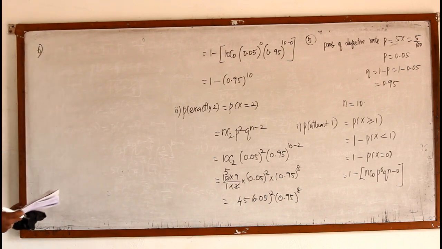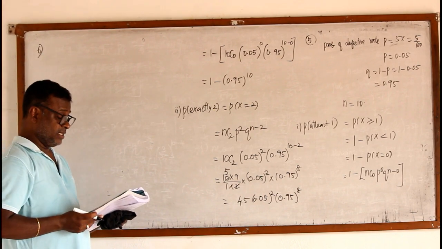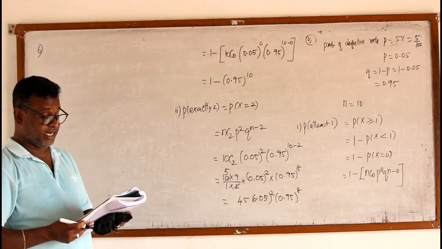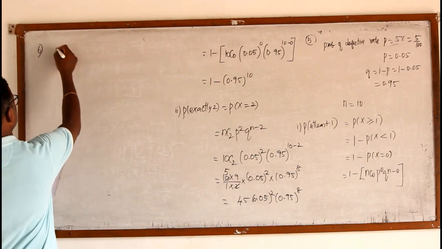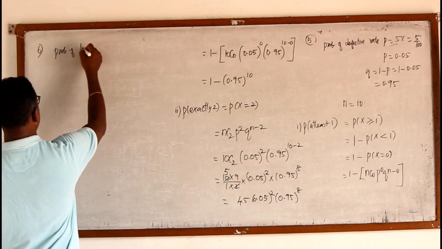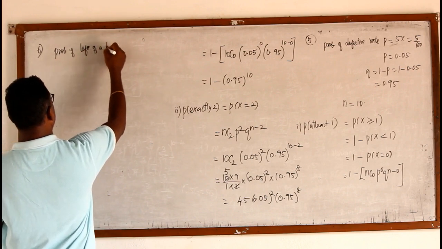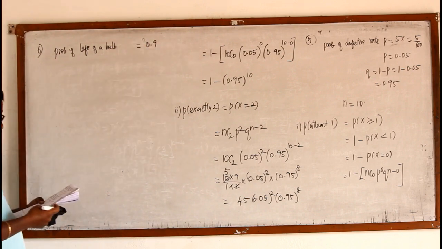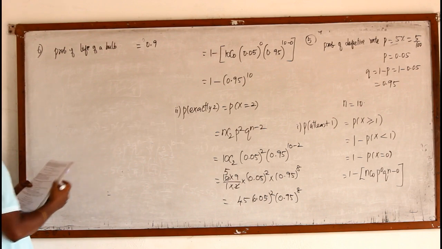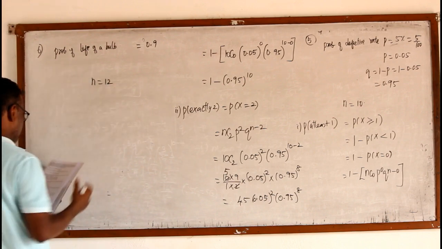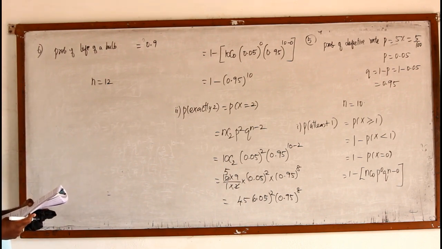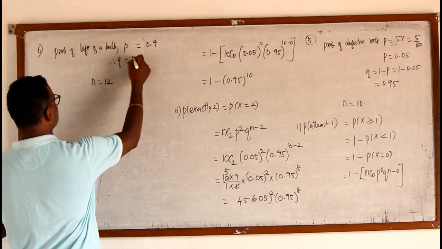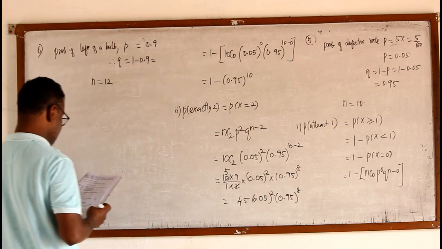Now we shall go for the 6th problem. If the probability that a fluorescent light has a useful life of at least 600 hours is 0.9. The probability of useful life, probability of life of a bulb, is 0.9 out of 600 hours. Find the probability that among 12 such lights, so n equal to 12, exactly 10 will have useful life for at least 600 hours. So life is considered to be success, therefore P is 0.9. Therefore Q is 1 minus 0.9, is it not 0.1?